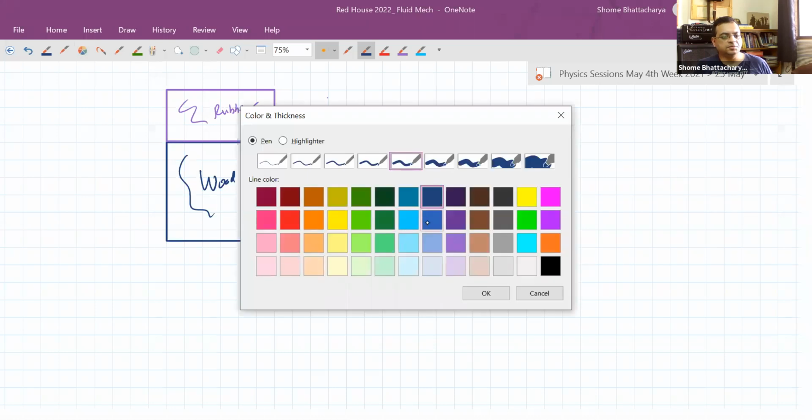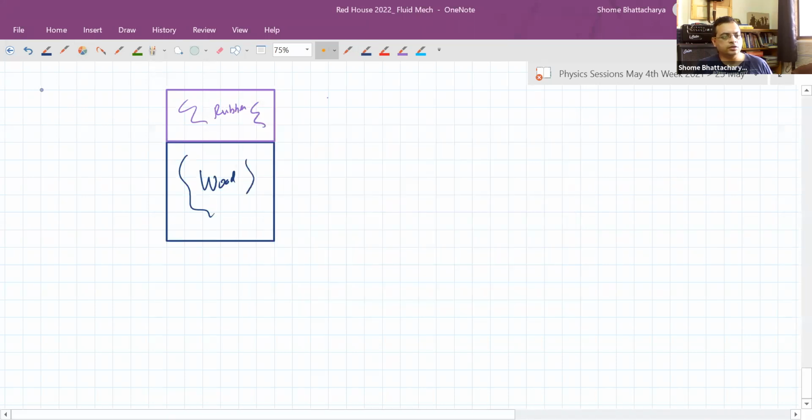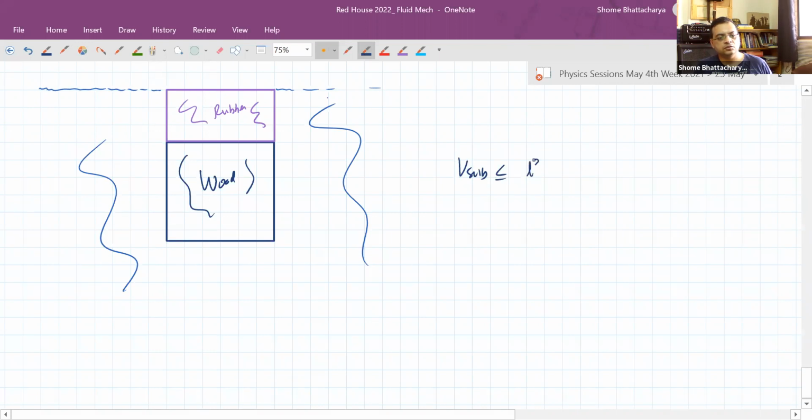Now, for the limiting condition where it's just about floating, the level of water just about reaches the top. In this condition, you can see that the volume submerged is less than equal to L cube plus L square x, where this is x. Okay. So the buoyant force,